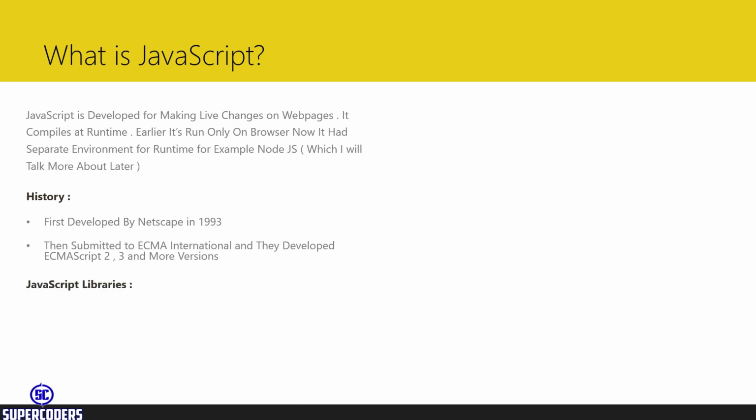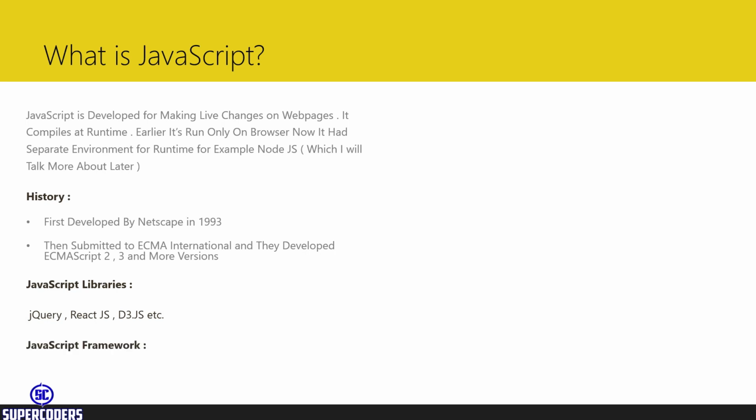Now let's see some JavaScript libraries. So here are some JavaScript libraries, which are React, jQuery, D3.js, etc. jQuery is generally used for making changes quickly using core JavaScript. So instead of using core JavaScript, we use jQuery for making changes instantly and making our code short. React.js is a similar library, but adds lots more features and more structured data. And D3.js is used for making charts and graphics plots using JavaScript.